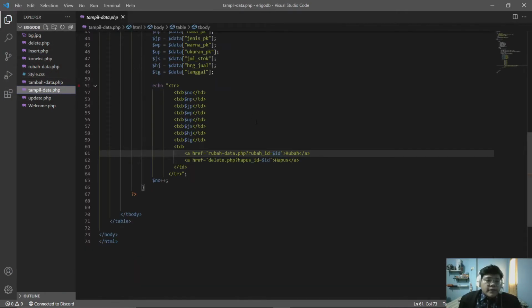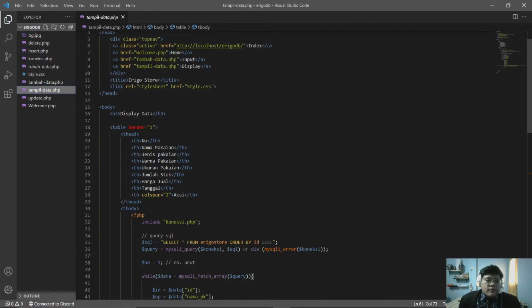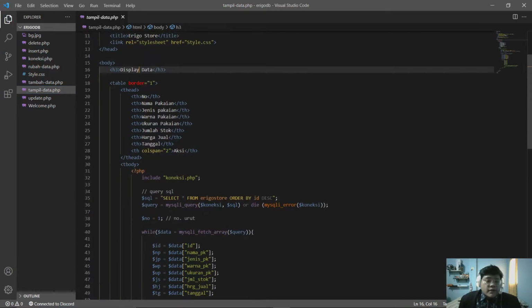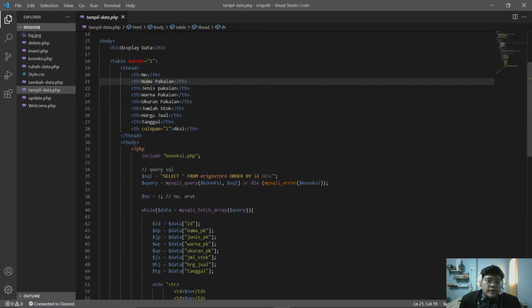For the display data page, for the body, we use heading 3 for the display data text, and we use a table. For the table head, we have number, name, type, and all the way down here.